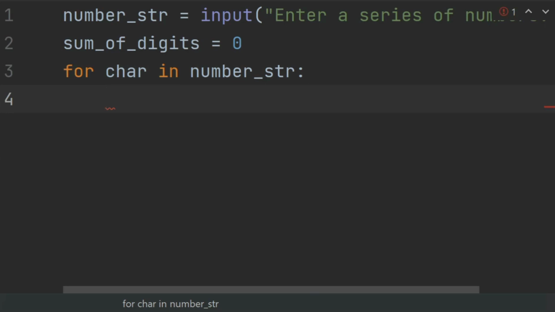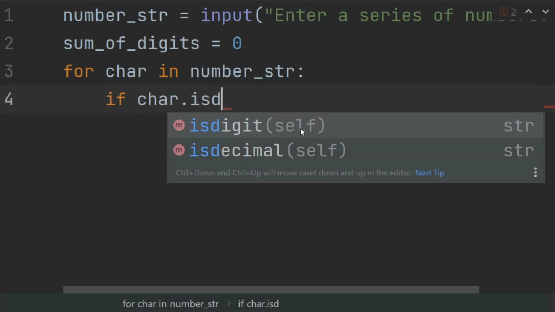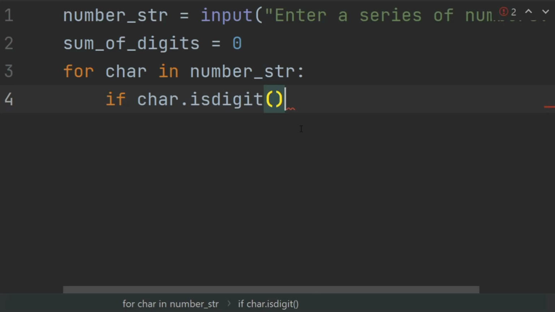now check if the character is a digit. If char dot is digit, then